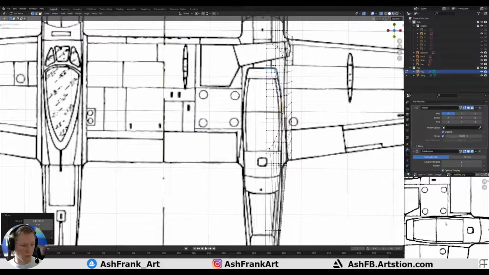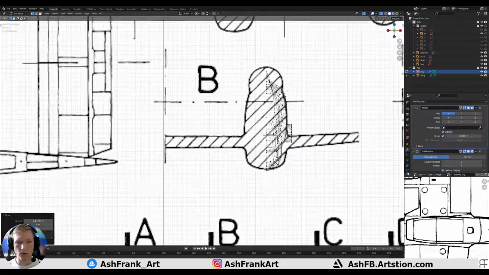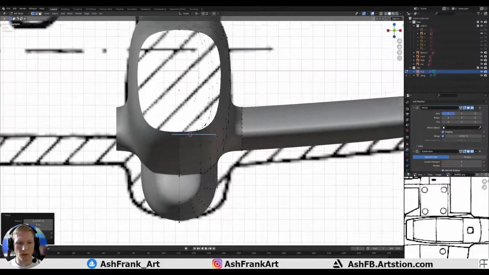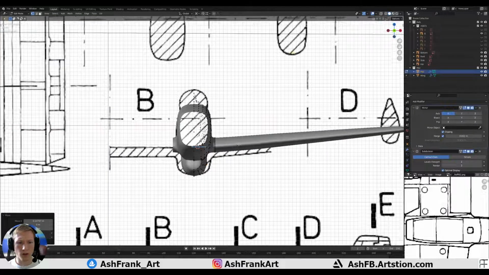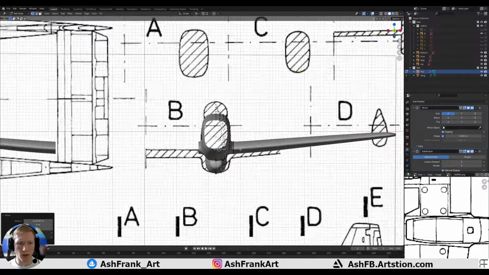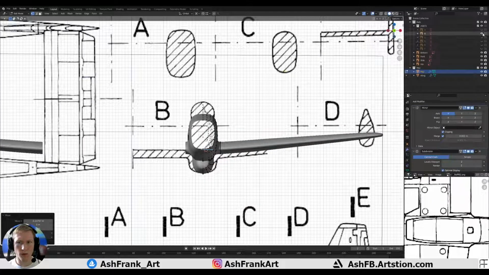Okay, I'm going to have to use the cross reference because I think that's just what it is. I'm quite concerned that this wing section doesn't line up with the front there though,